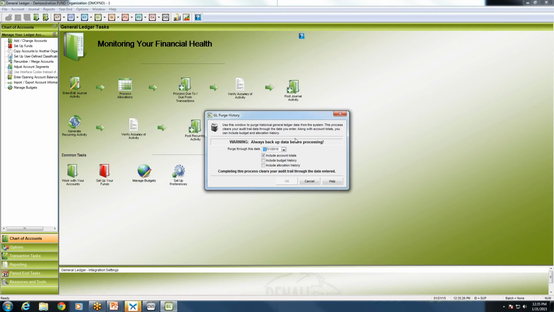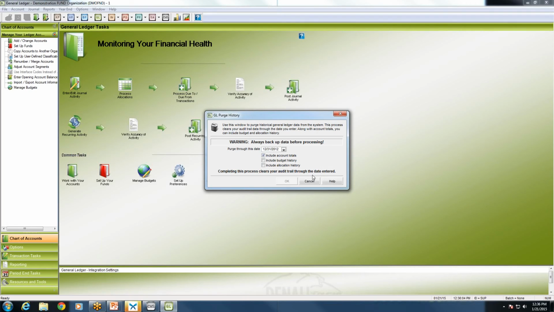So you can purge the history, but if you do, we always recommend to only purge through the end of 2 years back. So for example, if we are in the year 2014, we just closed out 2014, we recommend only purge up through 2012. That way you still have all of your history for 2013 and 2014 in your main company. So anytime you run a history report, you will still be able to pull up that information. But anything prior to 2 years ago and older would be purged if we were to do this purge history